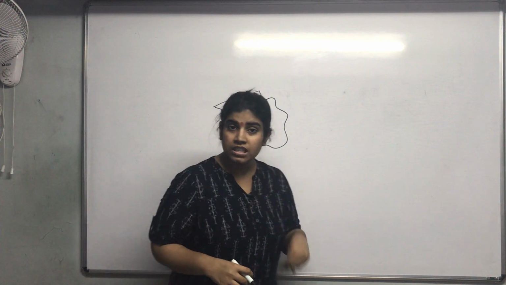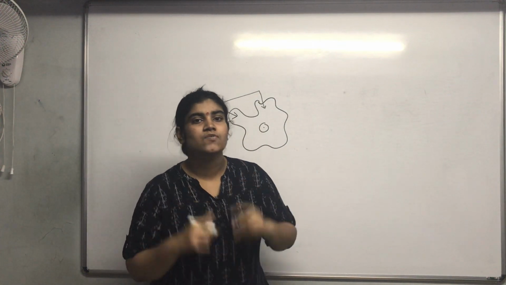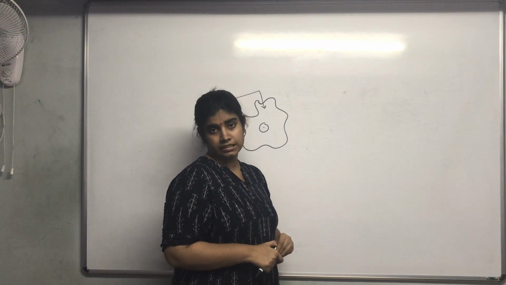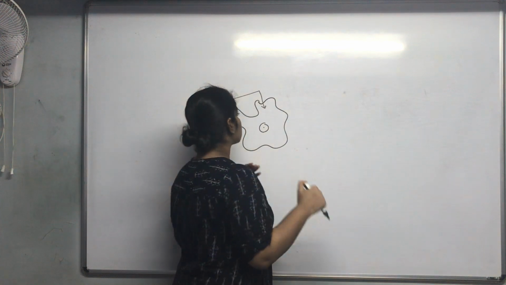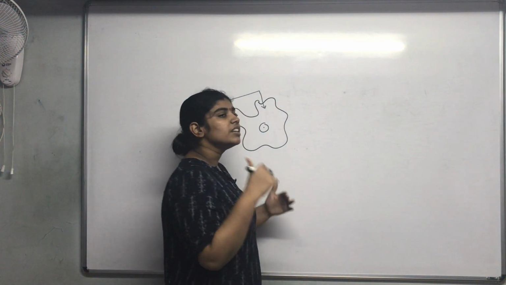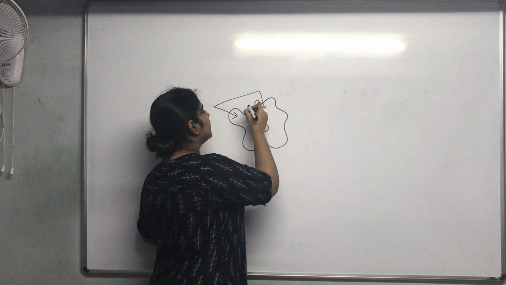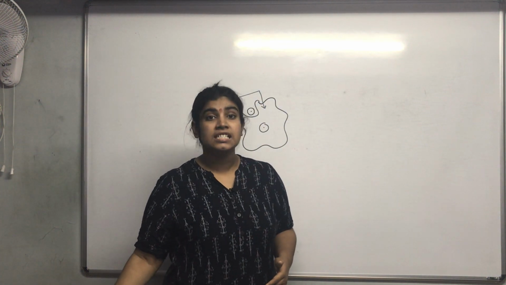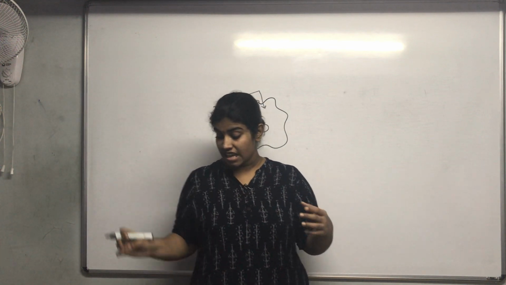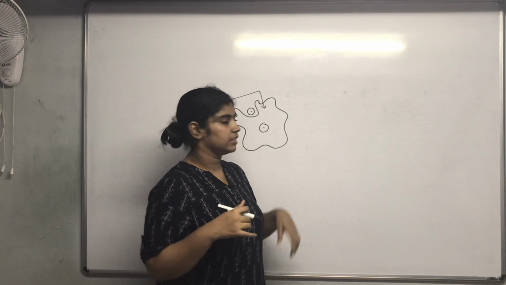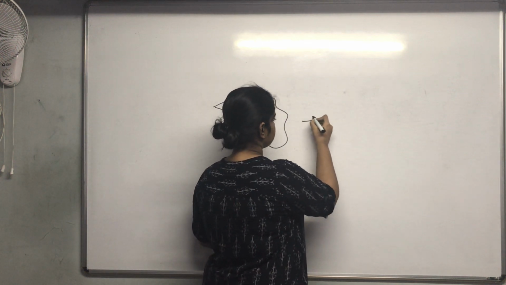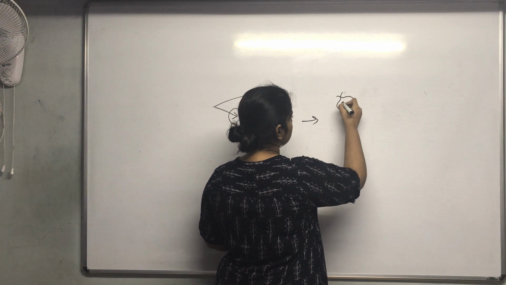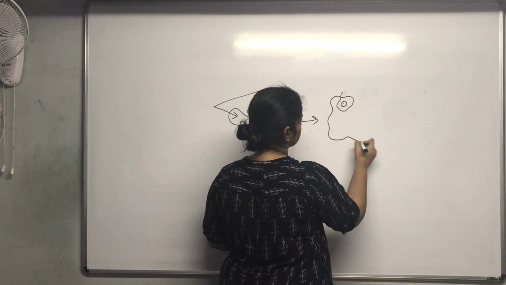And the second one is phagocytosis. Now what is phagocytosis? It is very simple. Whenever a food particle comes in contact with the amoeba, it takes the food particle in between the pseudopodia and then it just engulfs the food particle. Now if I show this diagram, the pseudopodia will cover in such a way that the food particle gets engulfed. Okay,